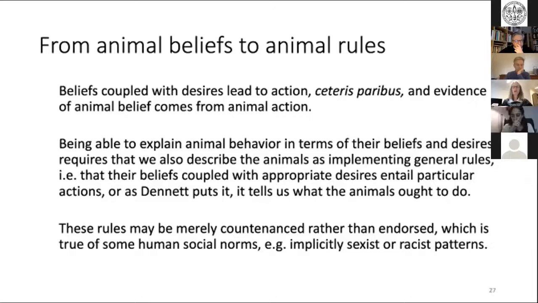And this functional approach to mind, as introduced by Lewis and adopted widely by both instrumentalists like Dennett and realists like Fodor, is this idea that the mind works by following rules that tell agents what to do when they have particular sets of informational and motivational states. Now, of course, these rules may be for the system merely countenanced rather than endorsed, might exist at a first order level rather than being raised to a point of conscious awareness. And this is true of some human social norms. For example, in societies where there are implicitly sexist or racist patterns,